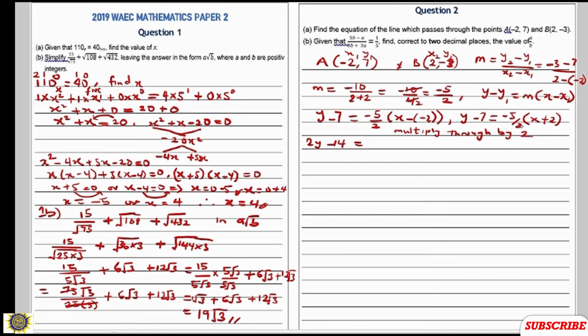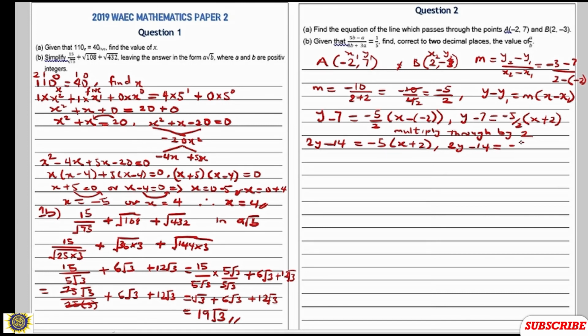Equal to now. Then when you multiply this by 2, the 2 will cancel this 2 to become minus 5, open bracket x plus 2, bracket close. So now we have 2y minus 14 equal to minus 5 bracket x plus 2. We can now expand by saying 2y minus 14 equal to